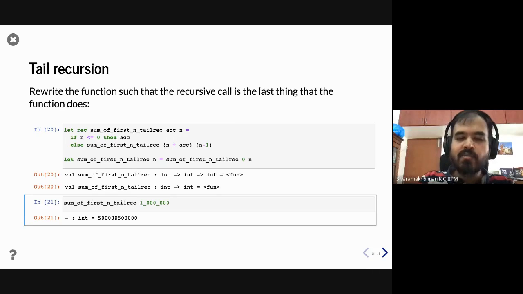So this particular function that I've written, I just want you to recognize that it is as efficient as the C function that you can write, right? The OCaml compiler is going to optimize it. So the question is, why aren't we building stack, right? There was a question that was asked earlier, which is, is it like saving time by saving memory in the recursive stack? We are not actually saving time. We are actually saving memory.